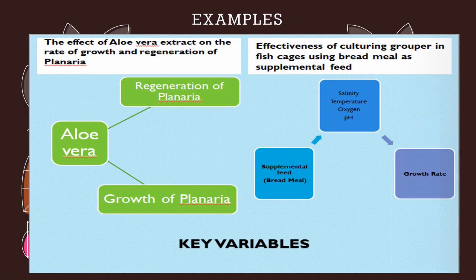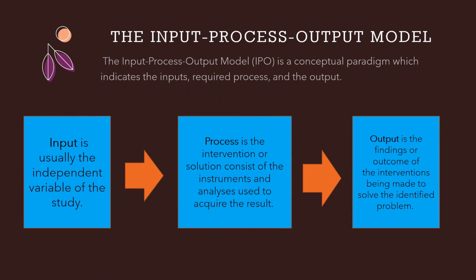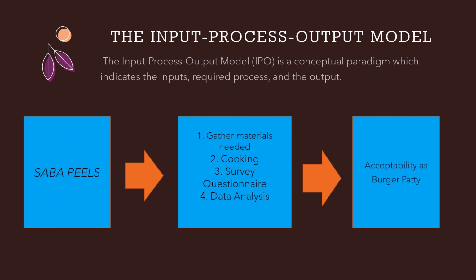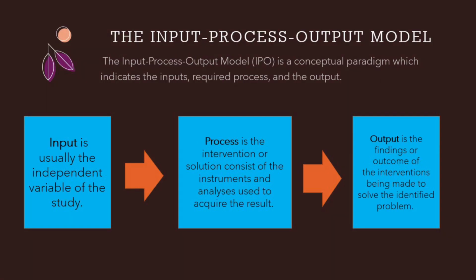So another framework you can use is the IPO, or the Input Process Output Model. The Input Process Output Model, or IPO, is a conceptual paradigm which indicates the inputs, required process, and the output. This approach is seated on the premise of acquiring essential information by converting inputs into outputs through the required processing steps in obtaining the result. So the IPO model